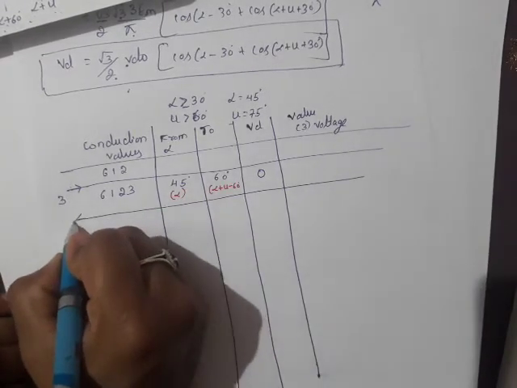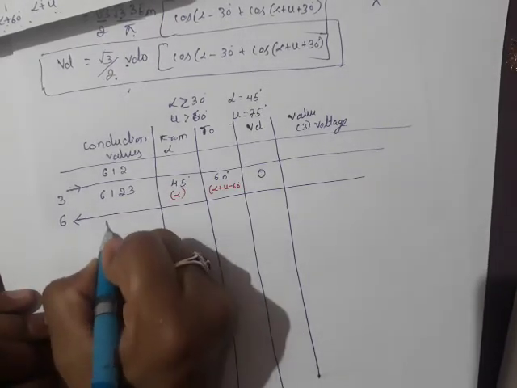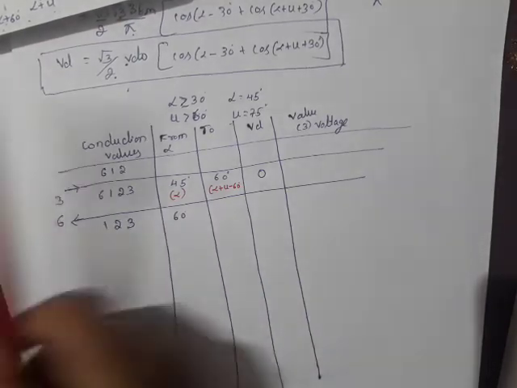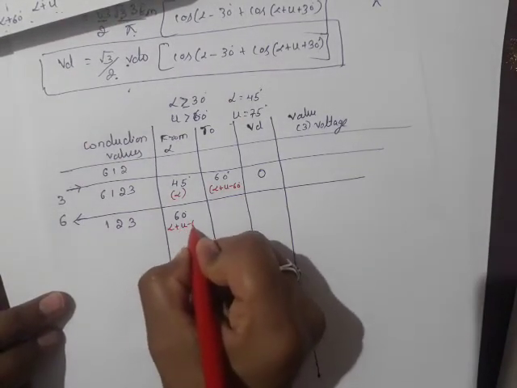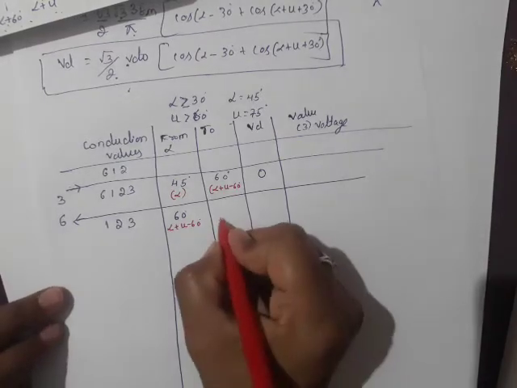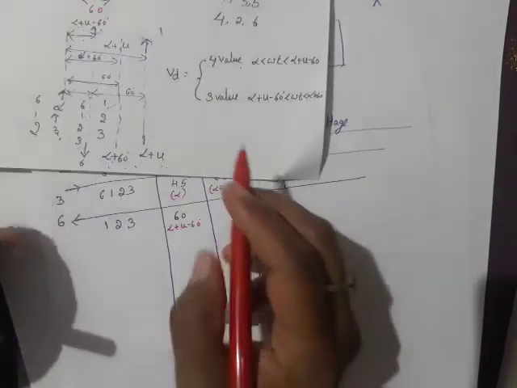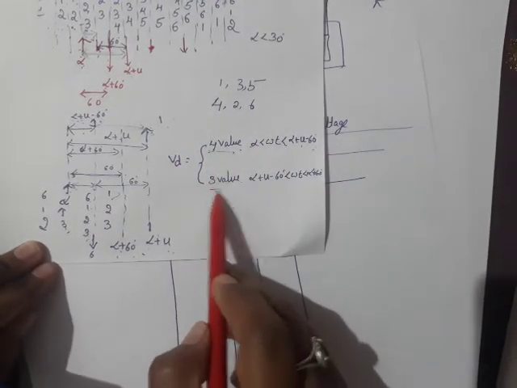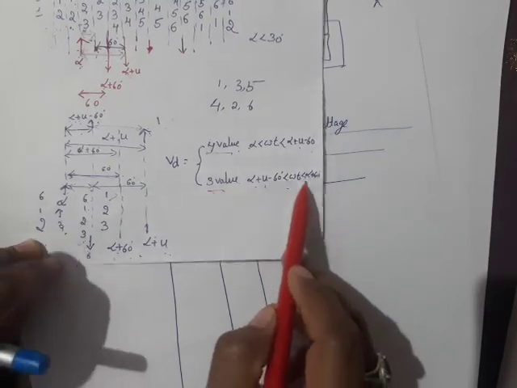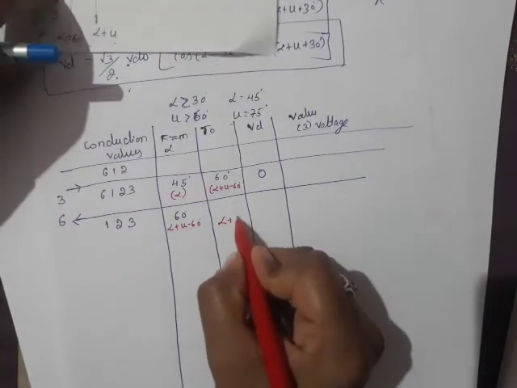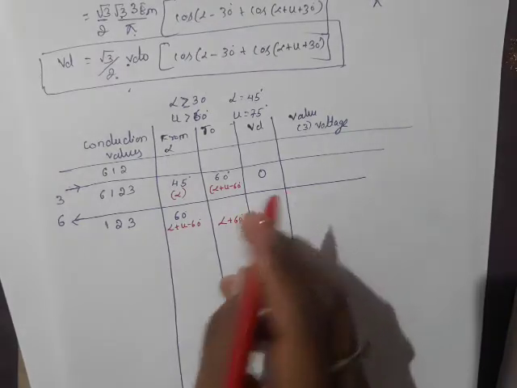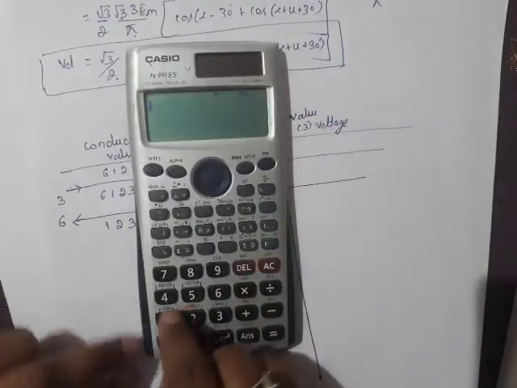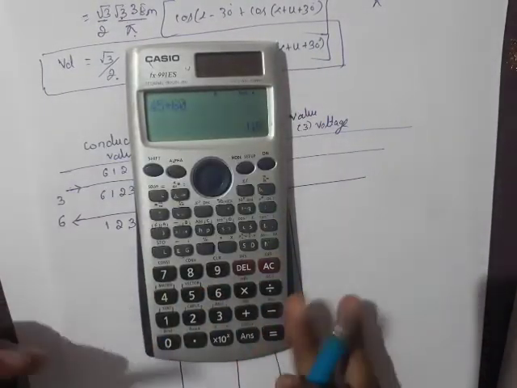Then valve number 6 goes out of conduction. 1, 2, 3 valves are conducting, from 60 degree, so this is alpha plus u minus 60 degree. To where does it conduct? That's the pattern we have written here, right? From alpha to alpha plus u minus 60 degree, 4 valve conduction. 3 valve conduction, alpha plus u minus 60 degree to alpha plus 60 degree. So this is alpha plus 60 degree. Alpha is 45, so 45 plus 60 degree is 105.